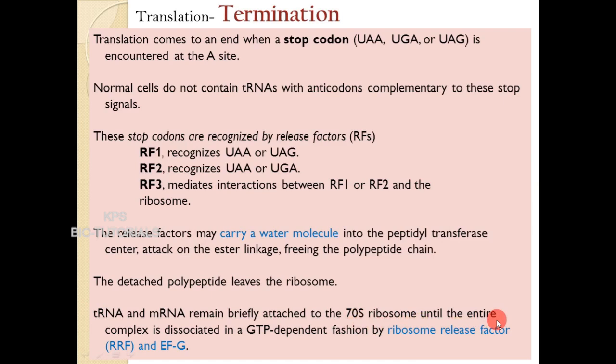On these 30S and 50S subunits of the ribosome, the initiation factors IF1 and IF3 will bind, as we already discussed in the initiation part. Then the 30S and 50S subunits of the ribosome again attach to another mRNA when there is a requirement for translation of an mRNA. So this is about translation in prokaryotes.